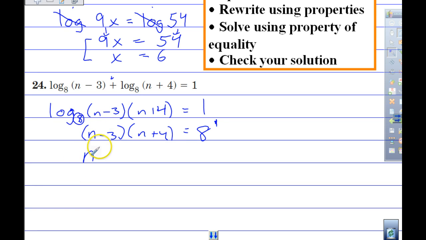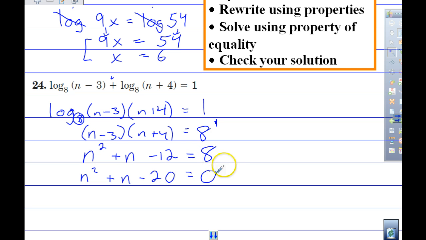All right. So we got what? N squared plus n minus 12 equals 8. Right? So I did basically, since there's no coefficients on the ends, we just did 4 minus 3, got 1. Negative 3 times 4, we got negative 12. 8 to the 1 is 8. Subtracting it on both sides,